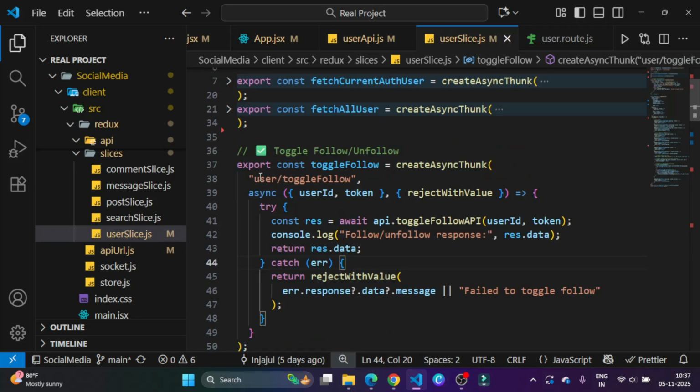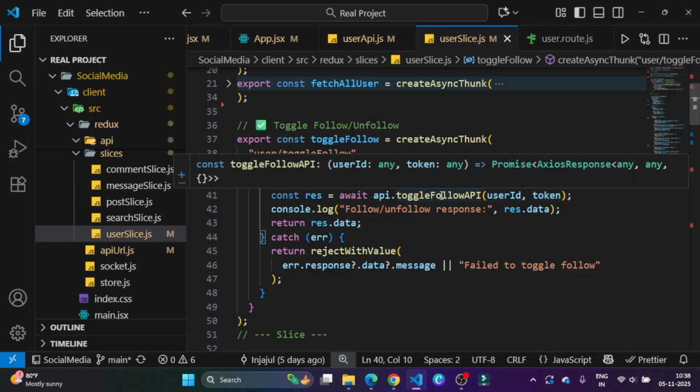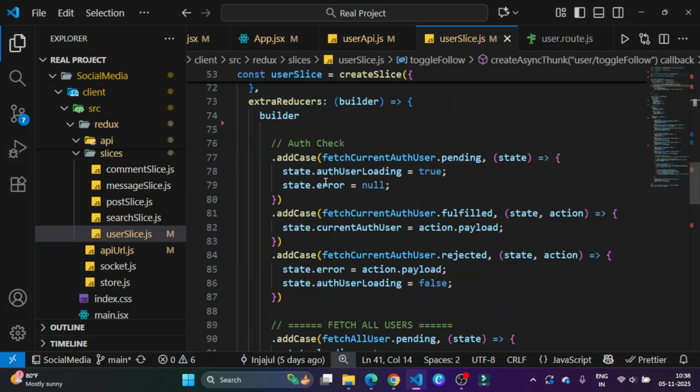So this is toggle follow, and let's go to our slice. This is the toggle follow thunk function. This is the name, this is the asynchronous function, and we are passing 2 things: user ID and token. Just notice this is an object, so the name matters, the way you pass the name. If it's not an object, you can put any name and it doesn't matter, but here it matters. And then we also pass the user token inside this toggle follow API, and if it's successful, then assign here and return this way. And then we also have to handle